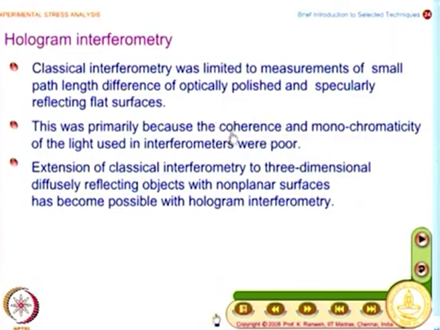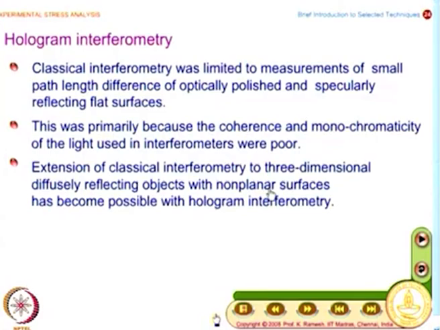So, we were confining only to small path difference. And what happened in hologram interferometry was extension of classical interferometry to 3-dimensional diffusely reflecting objects with non-planar surfaces became